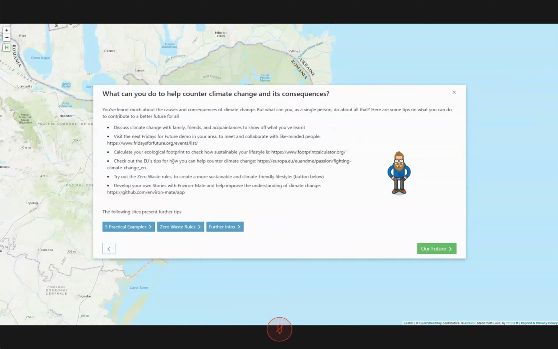The European Union, of course, has tips on how to counter climate change as well. We have linked that here. Zero waste to live a more sustainable and climate-friendly lifestyle. And last but not least, our web app here is open source, and the source code is available on GitHub, and everybody can work on the app, so to say, and develop own stories, analyze different aspects of climate change.